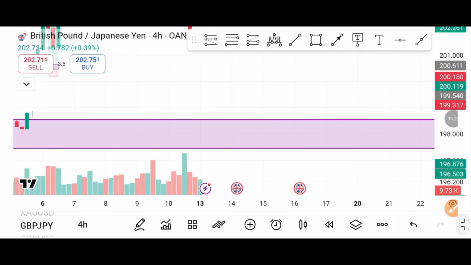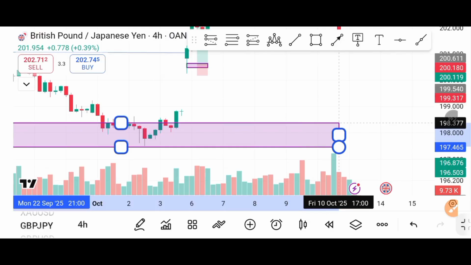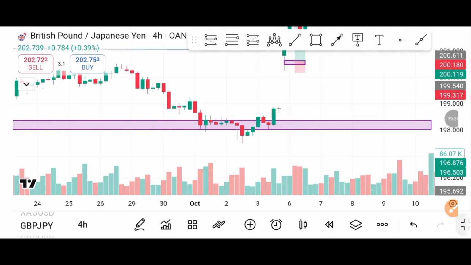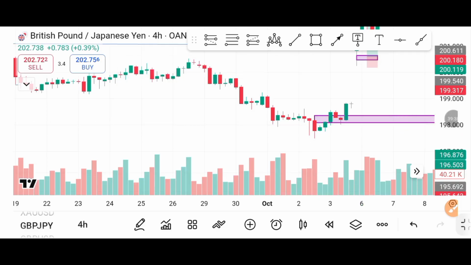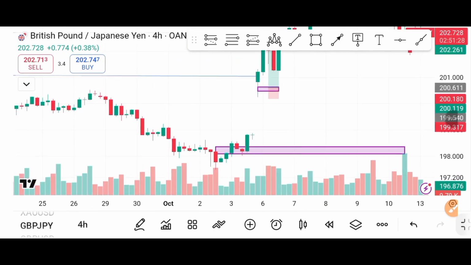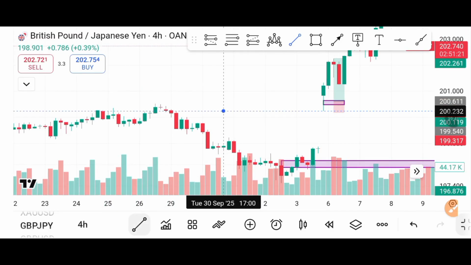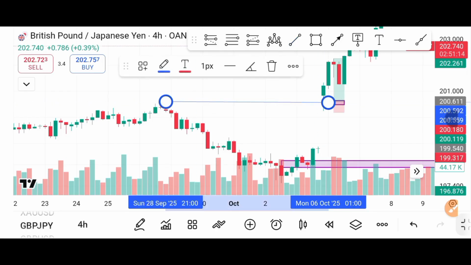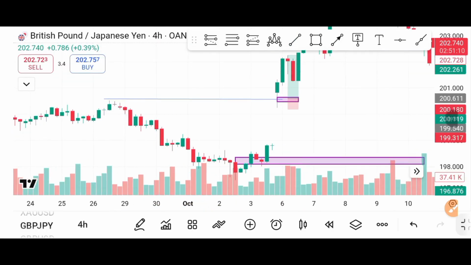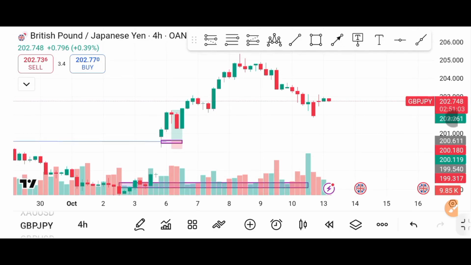Now these levels, or this particular level, is still very much valid, so we have to refine it to suit what we're looking at. So we just adjust everything. This is on the 4-hour time frame, guys. So this order block is very active and very valid rather. Now this is the overall break of structure, but we have to just refine it a bit more. So we have this structure broken, overall structure broken here on the 4-hour time frame. So at this point in time, we should be looking at price retracing back to that area, but then we have another break of structure I'm seeing at the top,